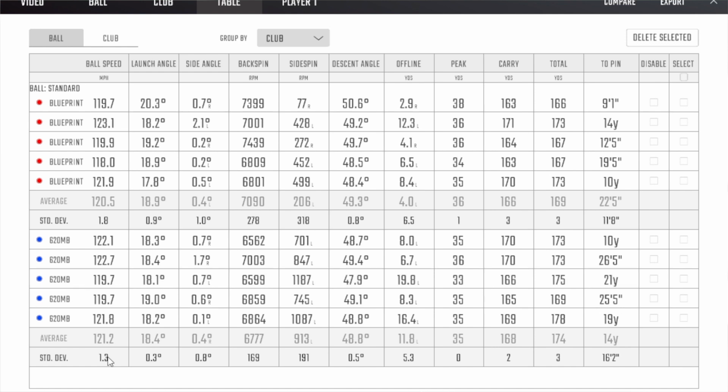Moving into the Titleist 121.2, so fraction quicker on the ball speed there, yet we had 1 degree less loft, so that's quite interesting there. So maybe I just struck that a little bit better, but having said that, I did get a few more pully ones to the left, so I'll have just closed the face a little bit. That'll have just brought a touch of loft off, that just increases your ball speed, so got to take that into account. Launch at 18, similar, spin just coming down a fraction there,